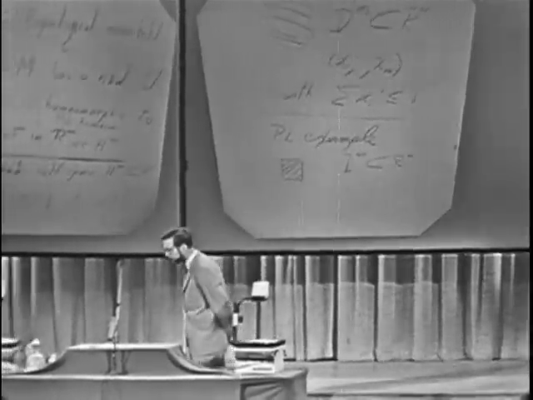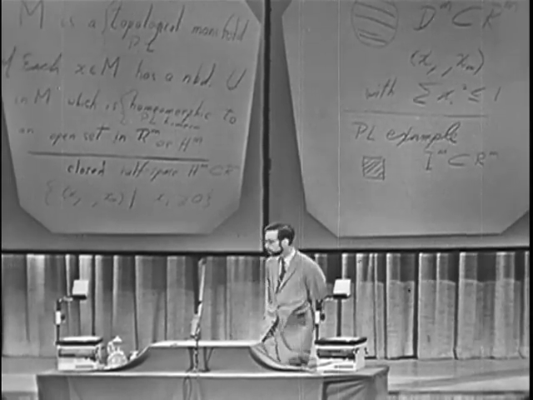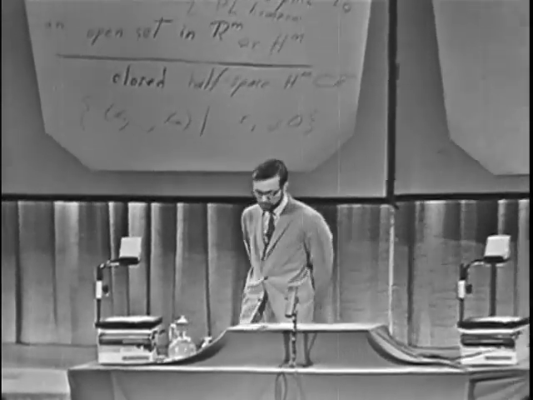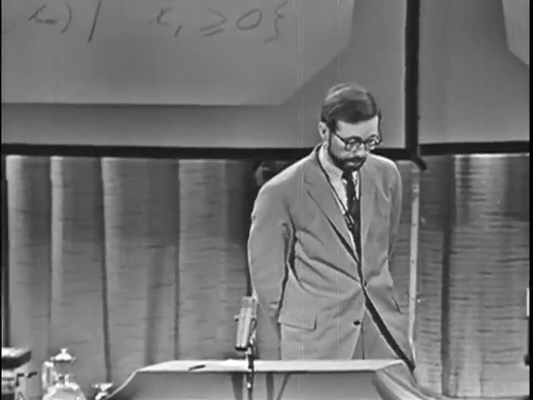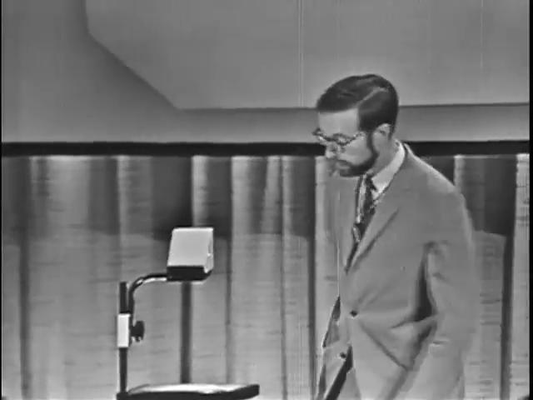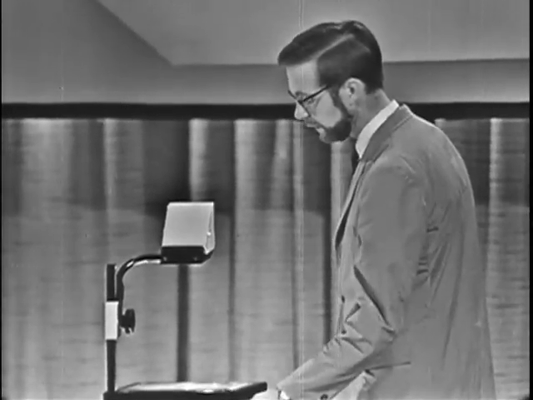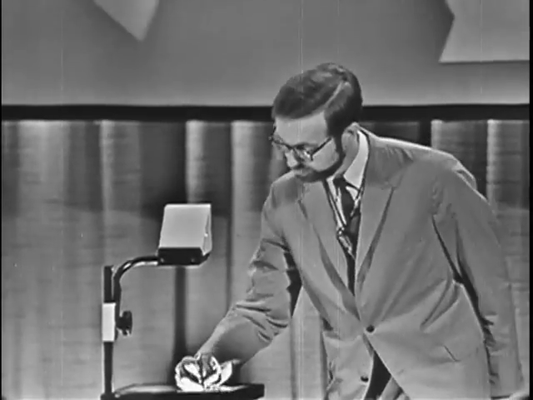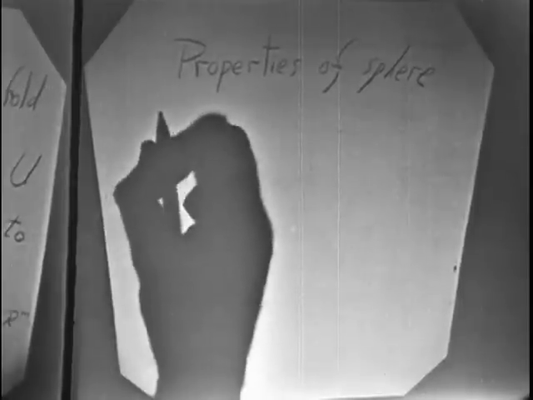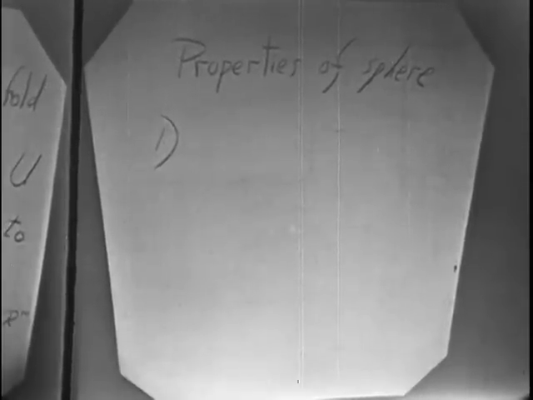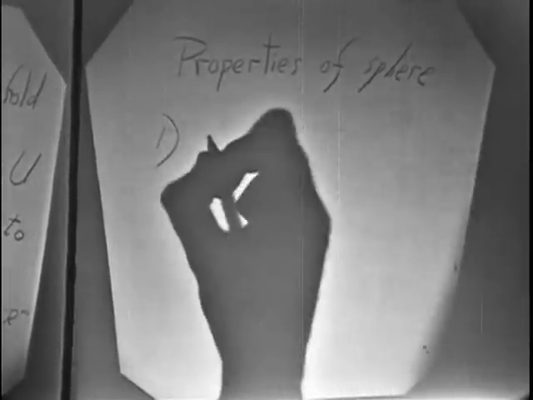Well, that was an aside. Now I want to go back to the concept of manifold without boundary. I was trying to describe last time the problem of characterizing the unit sphere. Now, what properties does the unit sphere have in each of our 3 categories? Well, the first property is that it is simply connected